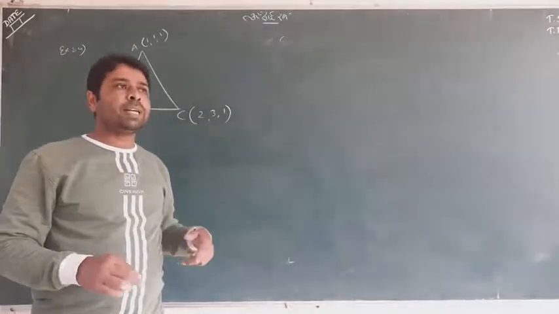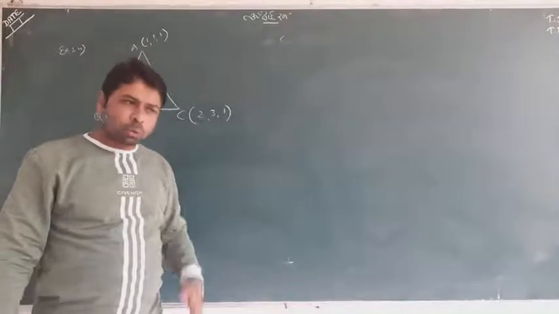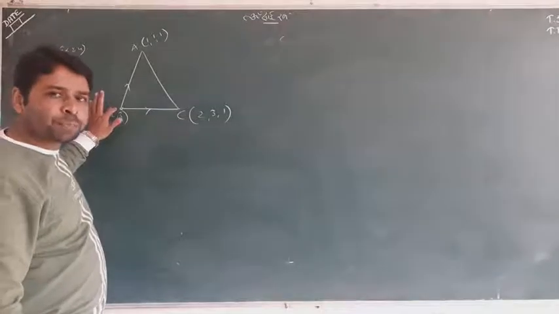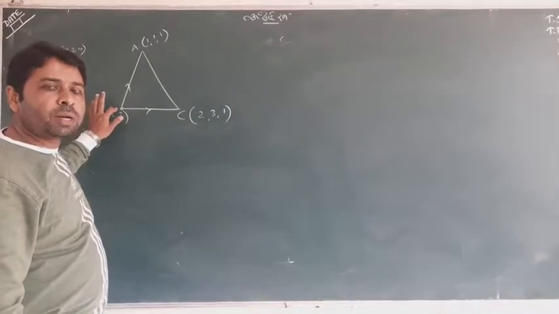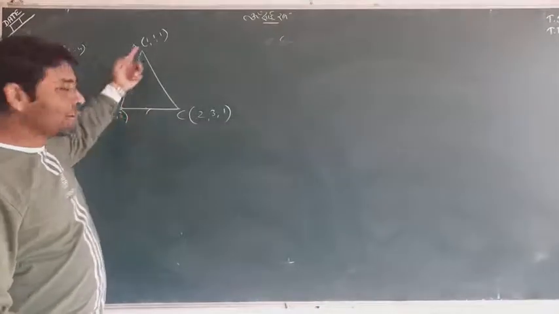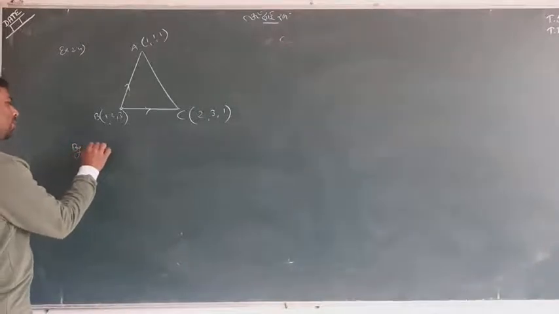We are actually finding the area in mod, so nothing to worry about the direction, but only follow the right way. The way is you choose any one vertex and find 2 particular adjacent vectors from that point, BC and BA. So first of all we will find those 2.